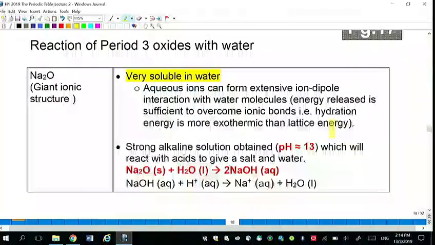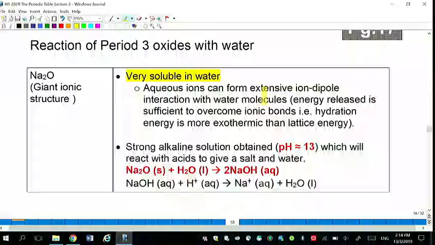Now, sodium oxide has a giant ionic structure. It is very soluble in water. Why is it very soluble in water? Try to recall what you learned in chemical bonding. Once you dissolve it in water, the aqueous ions will form extensive ion-dipole interaction